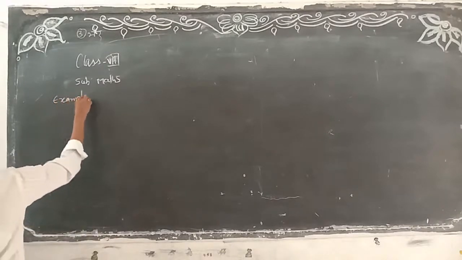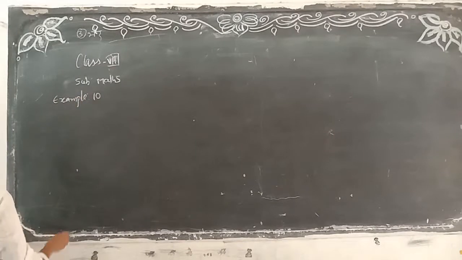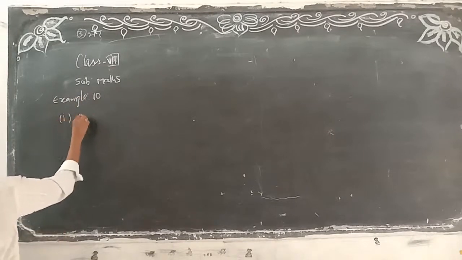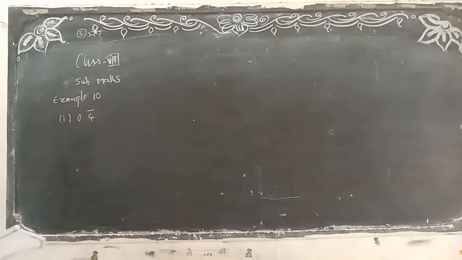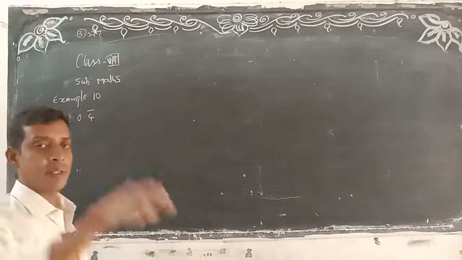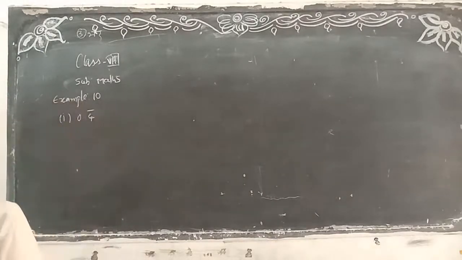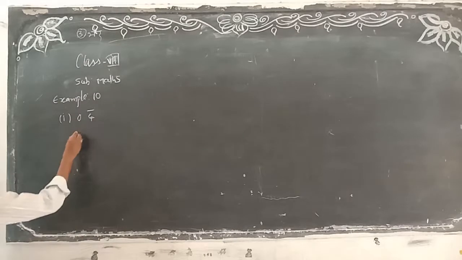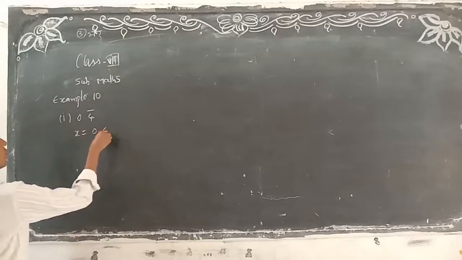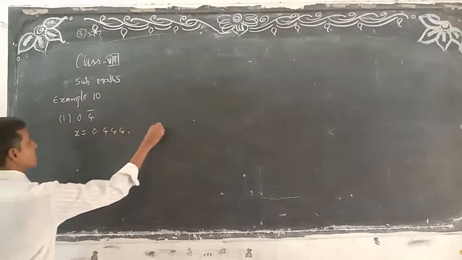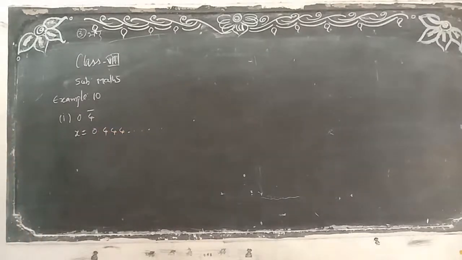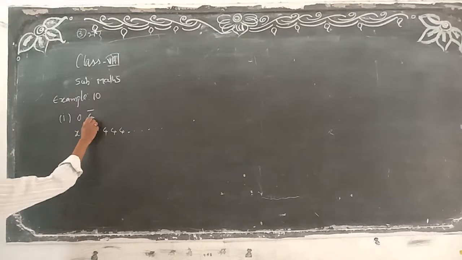Example 10. First one: 0.4 bar. The same problems are also in the exercise. First look here: whatever number they have given, let x equal 0.4 bar, so write down the x value: 0.444. It's enough if you take three or four. Next, find out the